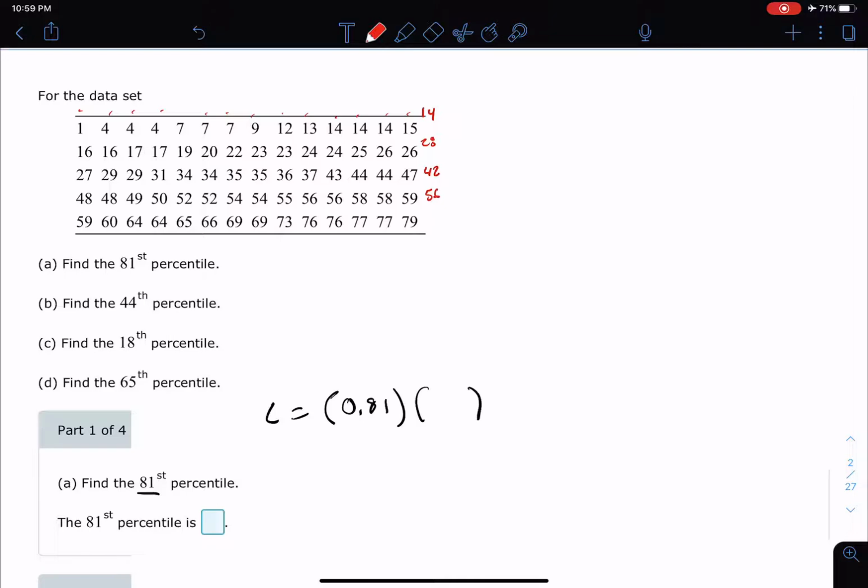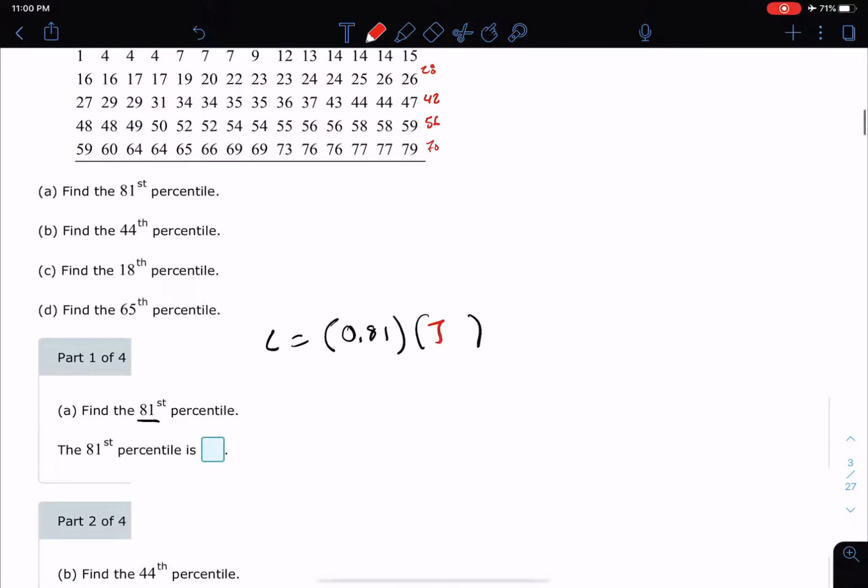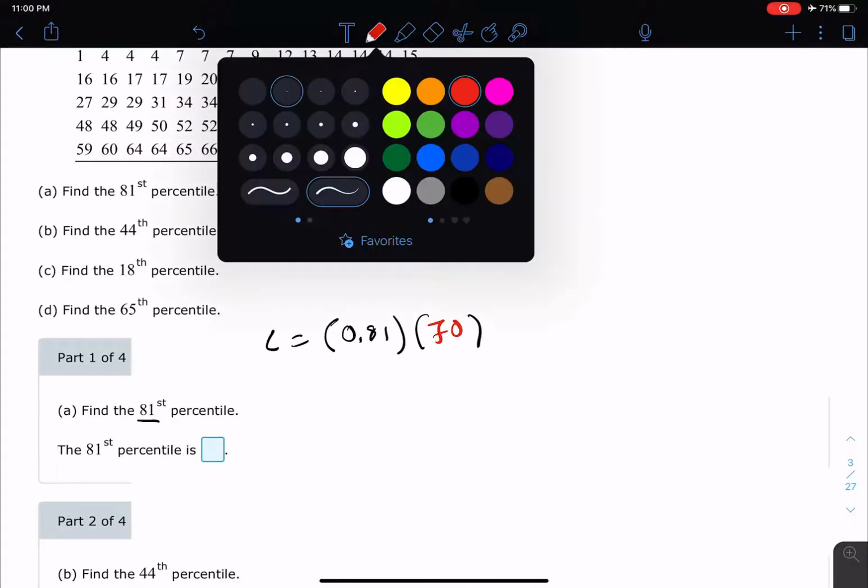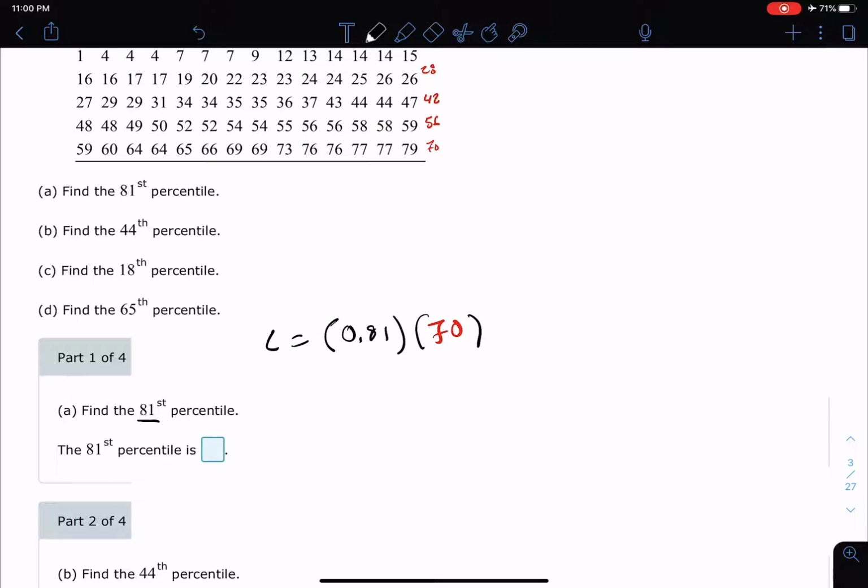So you kind of get the idea. So that's 70, I believe. So there's 70 pieces of data here. So we put a 70 right there. Now we take 0.81 times 70, and that becomes